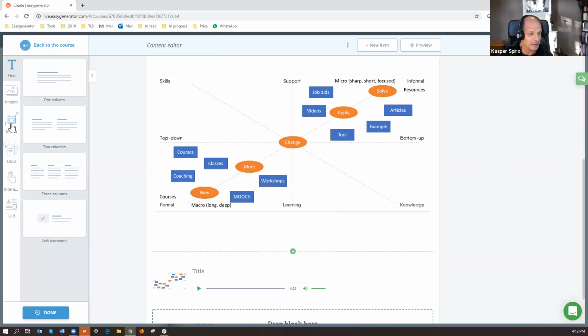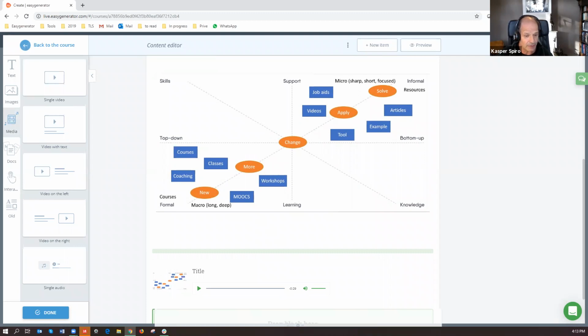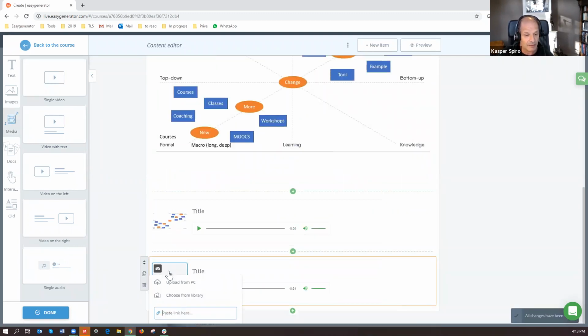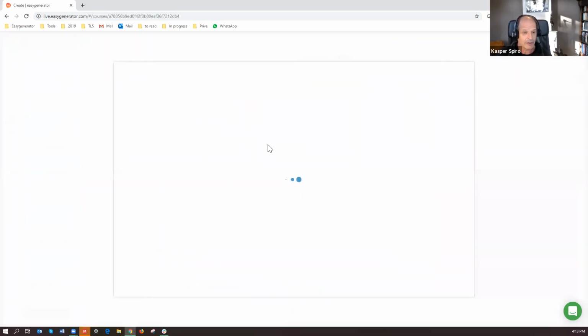If you go to media, you can select video, but we also have audio, and just put it in there. You can upload something from your PC. What I do is I just record things either with my PC or with my phone, and then choose it from your PC, and it's the same as an image. The first time you upload it from your PC, the second time it will be in a library. So if I go to the library,